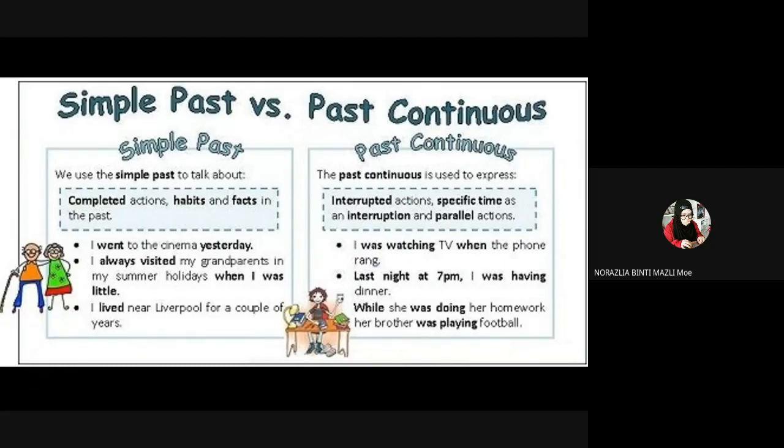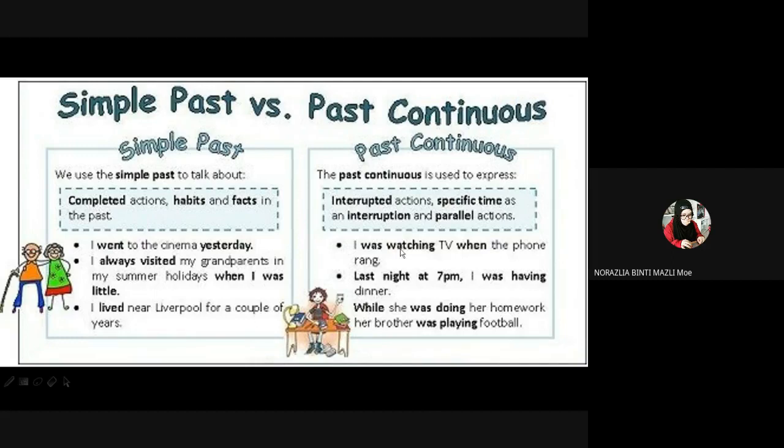ing form. Macam yang number 3 ni. While she was doing her homework, her brother was playing football. Maksudnya sementara dia tengah buat homework tu, adik dia tengah main football. At the same time tu, dia tengah buat yang tu, ni buat ni. Tapi bila interrupted action, bila kita pakai bentuk when, kita akan pakai satu continuous,